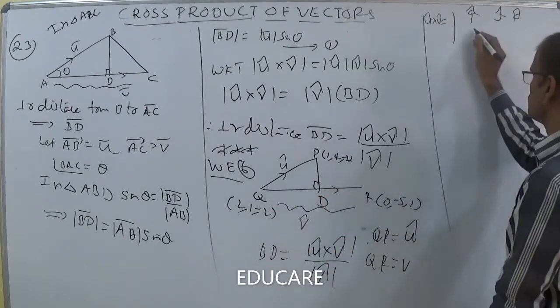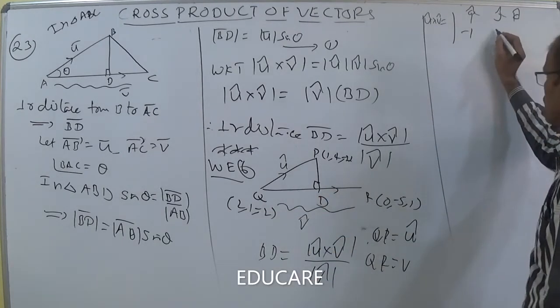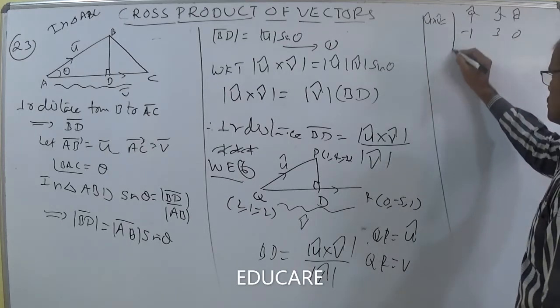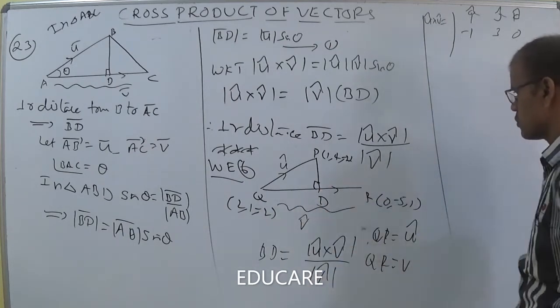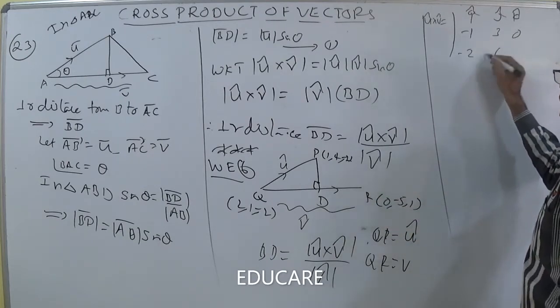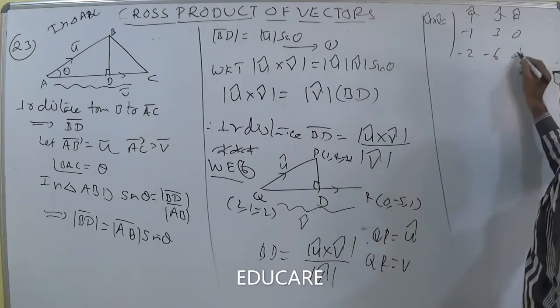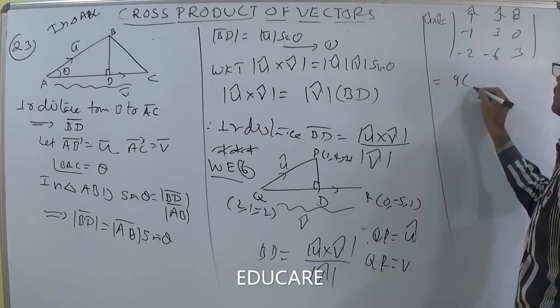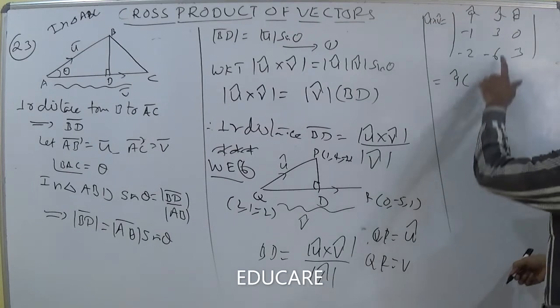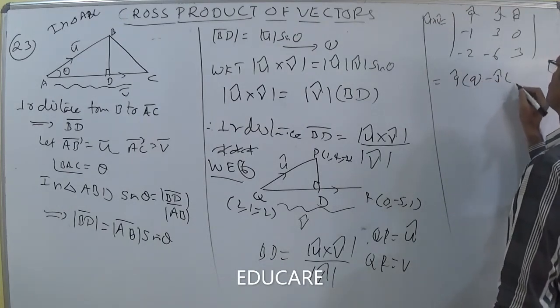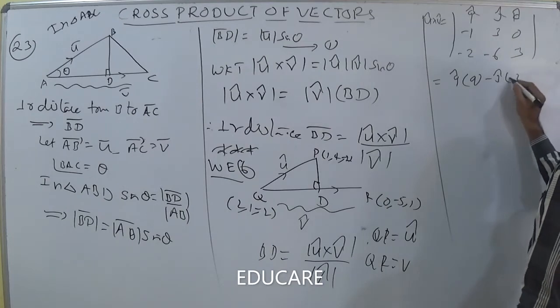1 minus 2, you write here minus 1, and 4 minus 1 is 3, minus 2 plus 2 becomes 0. Here OR minus OQ: 0 minus 2, here minus 2, minus 5 minus 1 is minus 6, and 1 plus 2 here is 3. The modulus of u cross v you can calculate using the cross product. 3 threes are 9 here, minus j into here minus 3, that's all, plus